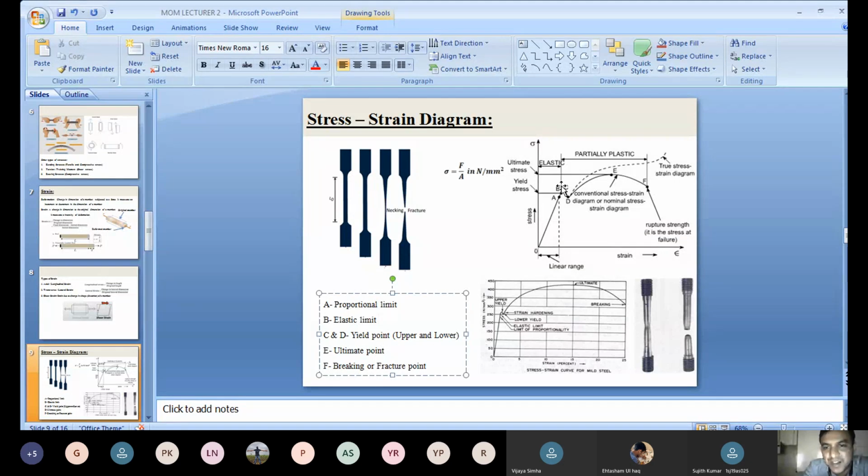Yield. The point D, again, without increasing load, what happens? The material is deformed. Why is the material deformed without increasing load? Once it reaches the yield point, the material, without taking more load, deforms more. That is another point, the lower yield point, meaning a lower stress value. And point C is the upper yield point, and the second one is the lower yield point. After you get point D, again if you increase the load on the component,